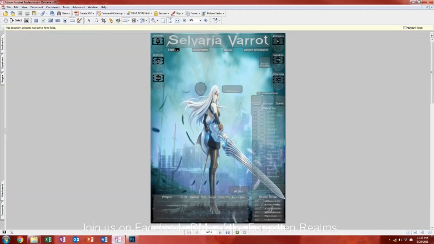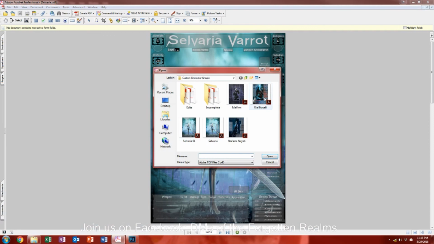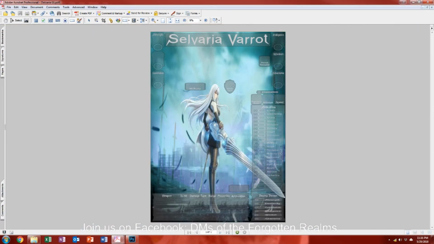Okay, good enough. Alright, so here I have this one open. Now I can open up the one I just made. Whoops. That would be Photoshop opening up the PDF for me, as I told you it likes to do sometimes. I open up the new one I just made with the changes,